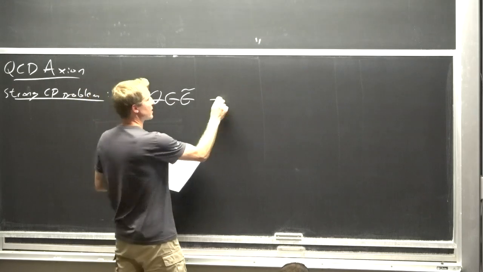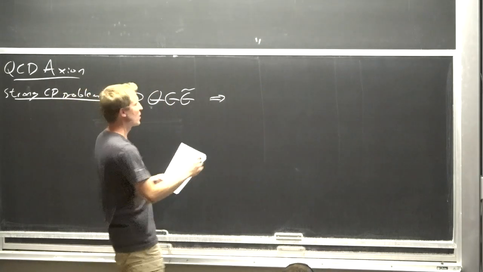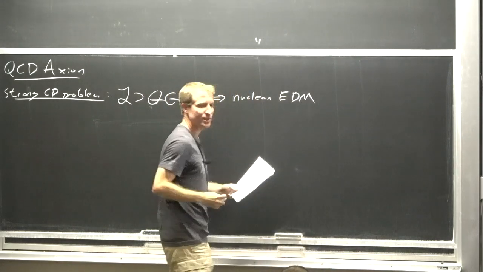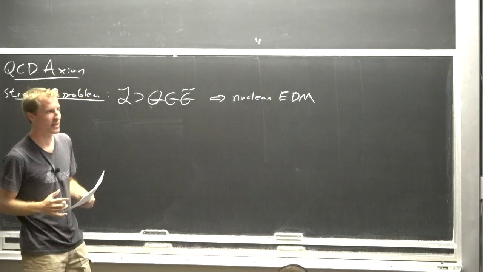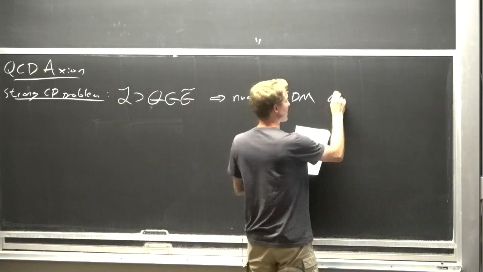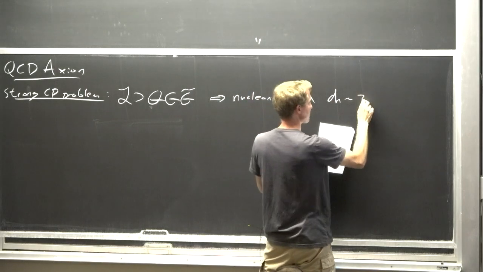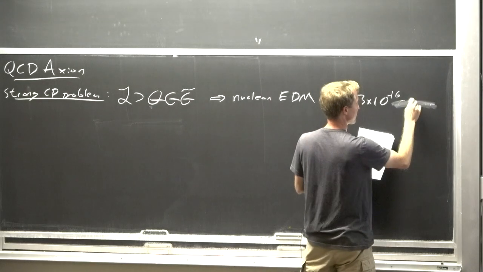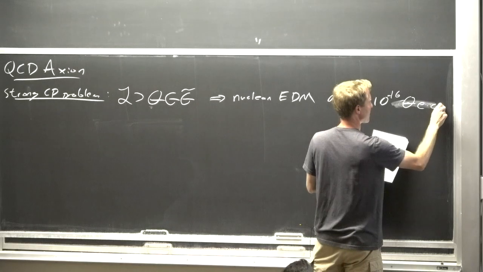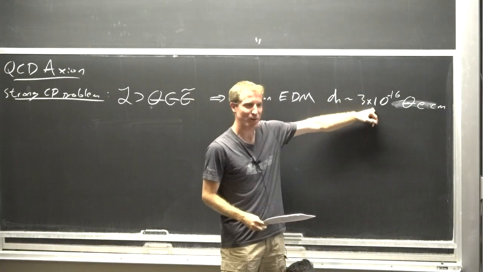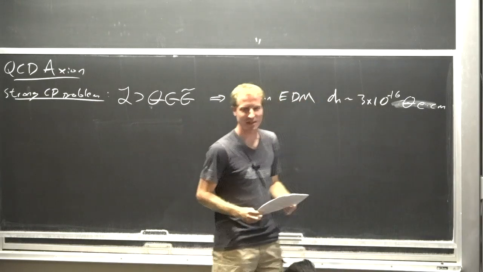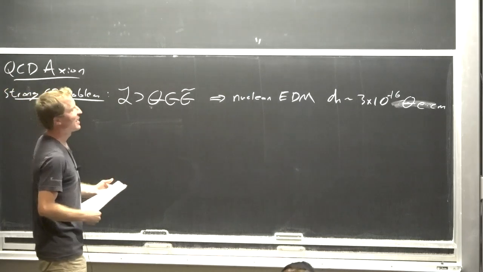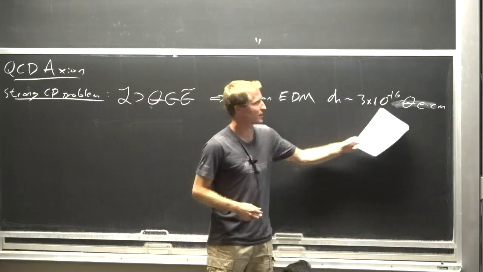Now, however, this one has a very important physical effect, which is that it famously produces an electric dipole moment for any nucleon. All nucleons will pick up an EDM, which is proportional to theta. And the very rough size of the dipole moment of the nucleon is about 3 times 10 to the minus 16 times this dimensionless number, in e centimeters. If you haven't heard the unit before, don't worry about it anyway. That's the unit in which we usually measure dipole moments, right? So the dipole moment produced by this is very small,